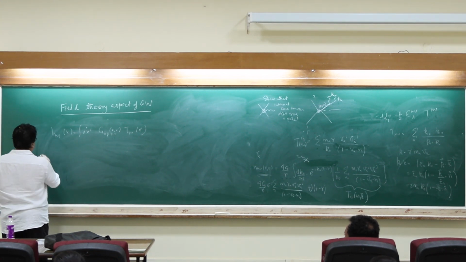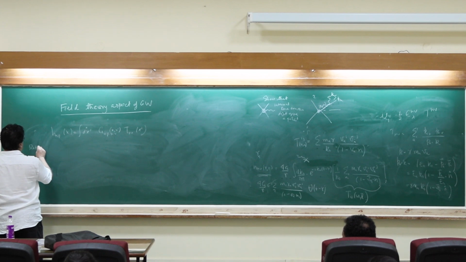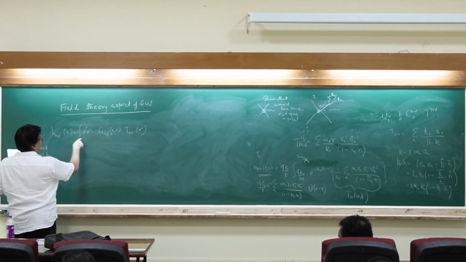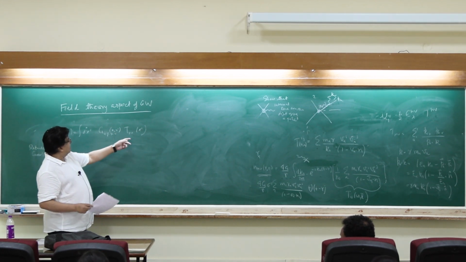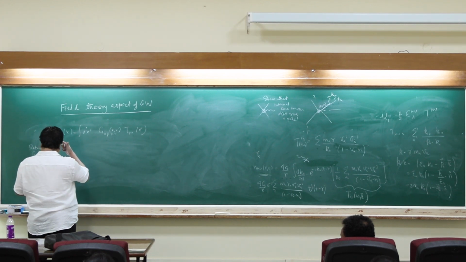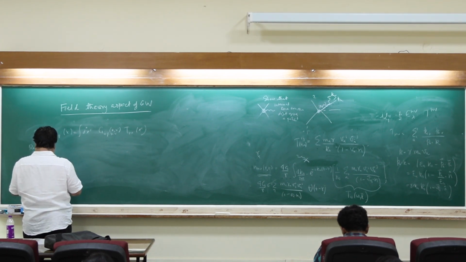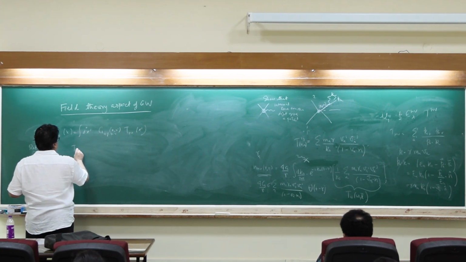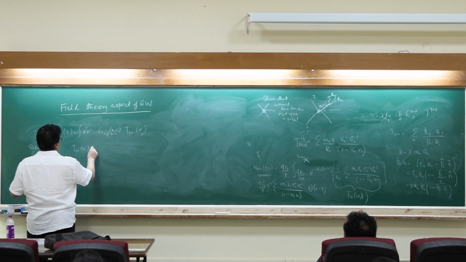And for the scalar function, I'll use the retarded Green's function. Let me write it down. So first, I will write T mu nu of x prime as